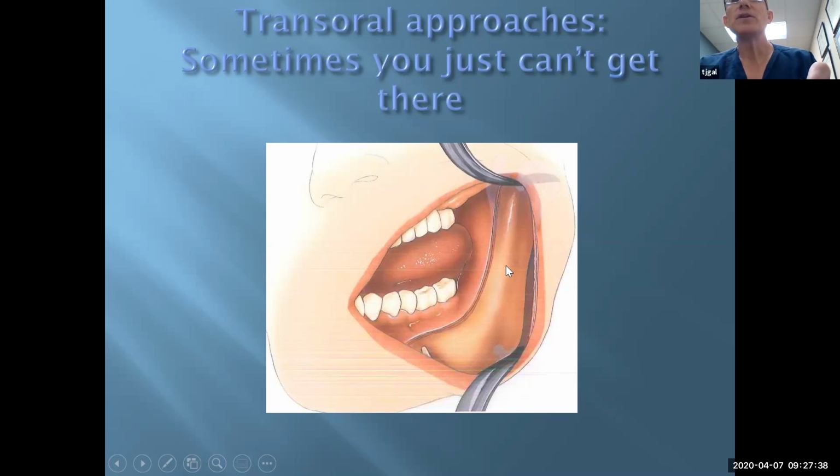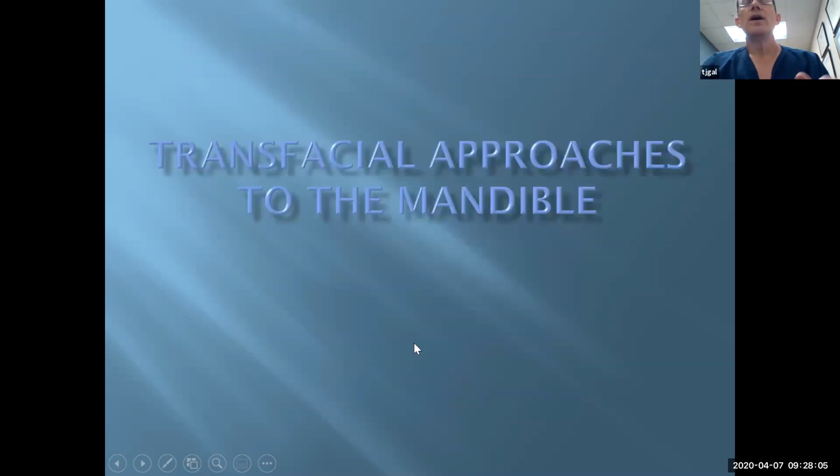The issue from here, unless you have a significant amount of retraction, I don't know that I ever really get this access to the point where you've still got to put your screws in this direction, and so you may need a little stab incision for a transbuccal approach to get your screws and stuff in. But you can put your plate in here and you can reduce the fracture, easily get them into occlusion, but you can get pretty wide access here. Okay. When you can't go transorally, and again, comfort with the transfacial incision